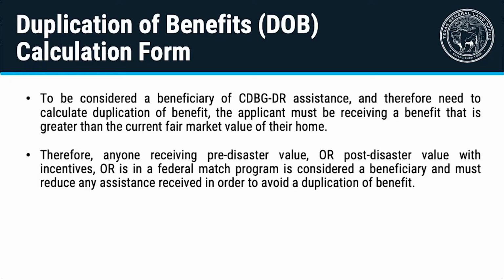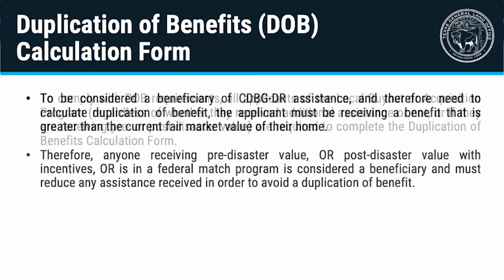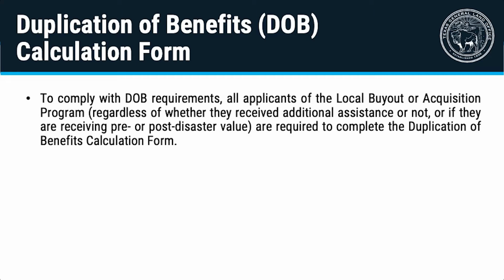Therefore, anyone receiving pre-disaster value or post-disaster value with incentives or is in a federal match program is considered a beneficiary and must reduce any assistance received in order to avoid a duplication of benefit. To comply with DOB requirements, all applicants of the local buyout or acquisition program, regardless of whether they received additional assistance or not, or if they are receiving pre- or post-disaster value, are required to complete the Duplication of Benefits